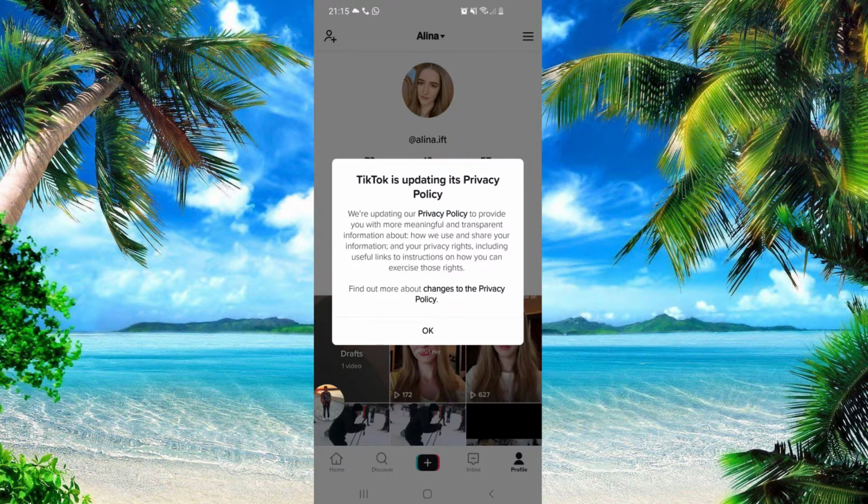So the solution right here is just to wait for a little bit because they will fix that right away. So just so you know, you are not the only one, so it's okay. If you are still experiencing the problem for a longer term, you can go ahead and report this problem in settings, or you can just go to tiktok.com and then you can report your problem.